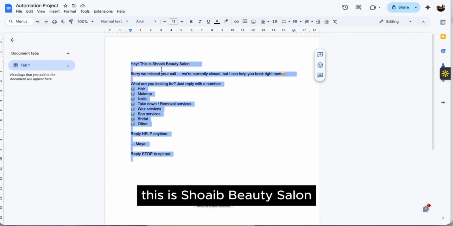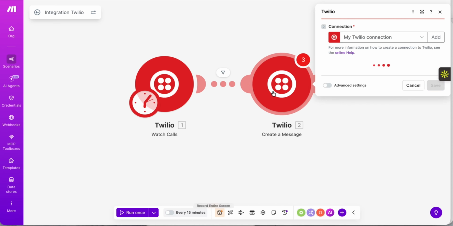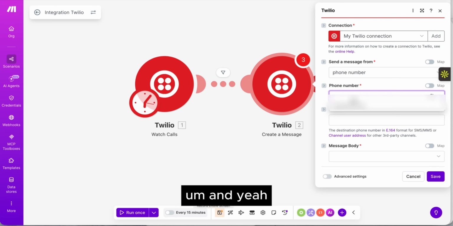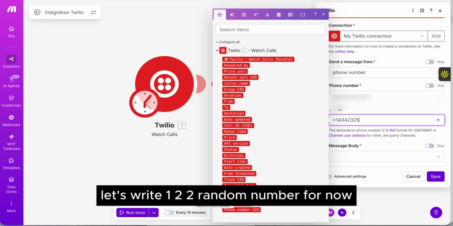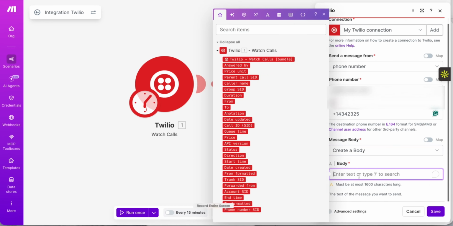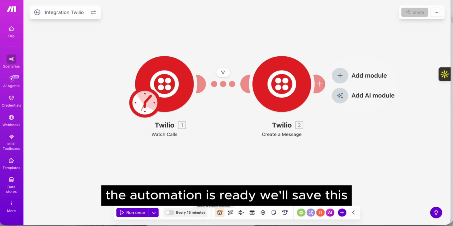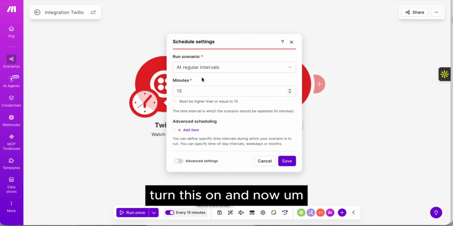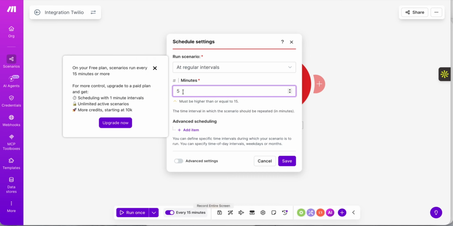Hey, this is Shia Beauty Salon, so we will copy this and put this in our automation. We need to select a number, and yeah, let's write a random number for now. But yeah, the message body will be, create a body, and I have written the script, and yeah, the automation is ready. We'll save this, turn this on, and now we can change the time to like 5 minutes, sorry,